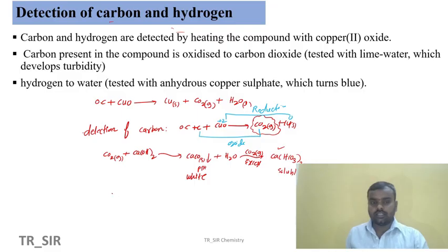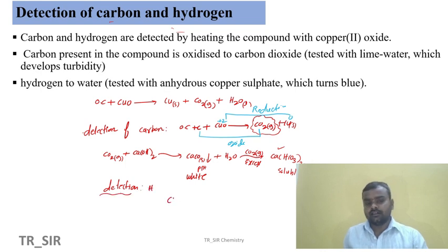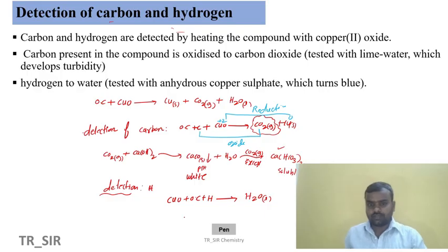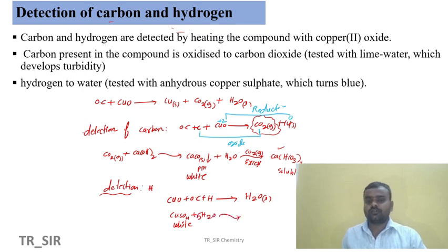Suppose I want to see the detection of hydrogen, how can we see it? In this case, take copper oxide plus an organic compound having hydrogen. So what happens now? We get water as a liquid. When we treat this water with copper sulfate, which has a white color, copper plus 2, and add some amount of water, let us take 5 moles of water, we will get